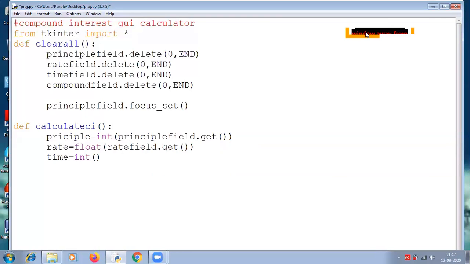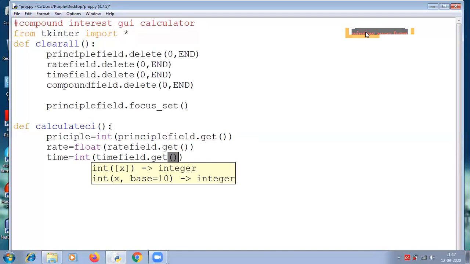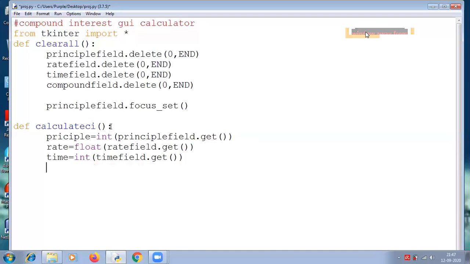Then time equals int time field dot get. Now we will calculate the compound interest. CI equals principal multiplied by